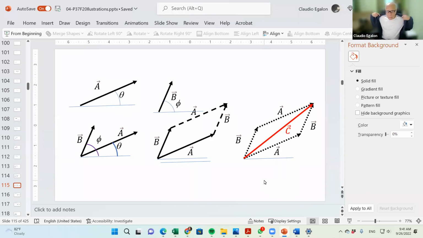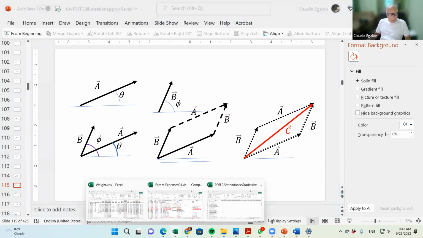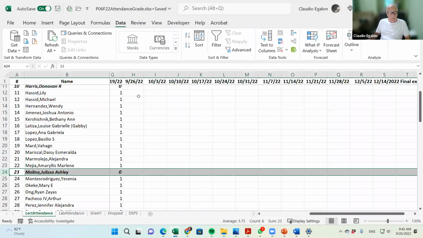Now, let's take a little break, right? But before you go for a break, let's take attendance. Very soon, you're going to start doing some numerical work with those vectors. So far, we just did some graphical work. This graphical work is very intuitive, right? It's easier to see figures than to see mathematical numbers and mathematical letters. Okay, so let's take attendance right now. Today is the 26th.